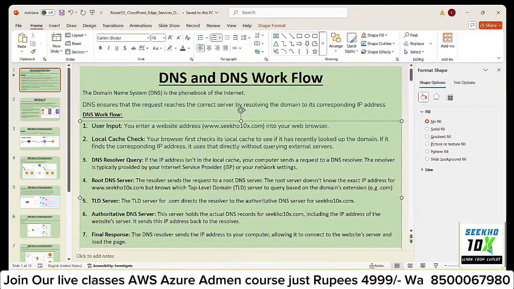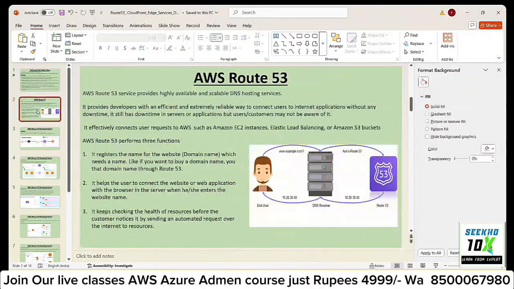So this background will perform within a minute or within seconds, based upon your connectivity type. Here this is a normal topology or normal workflow of a DNS, how it processes. But here, instead of a resolver server, we are using an AWS resolver server, which is called Route 53. So here we have a DNS resolver server.